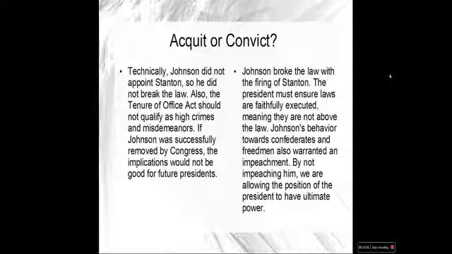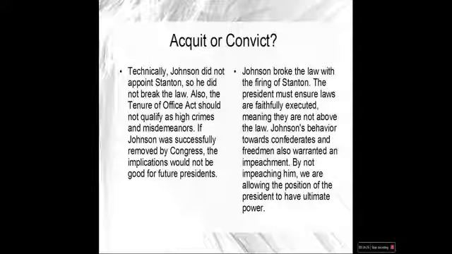The Constitution established three branches of government. The legislative makes the law, the executive carries out the law, and the judicial determines whether laws have been broken. Johnson failed to carry out the law. He did not do the job required of him under the Constitution. Not only did he fail to see that the law was faithfully executed, but he advised others not to obey it, and he broke the law by appointing a successor to Stanton.